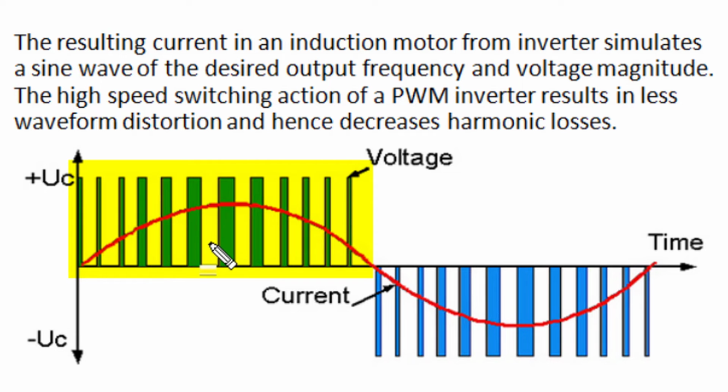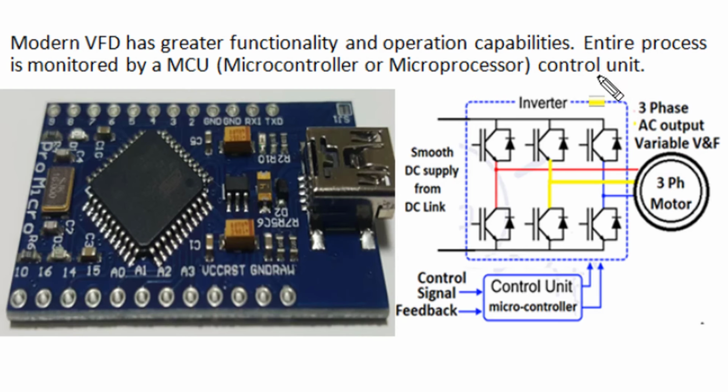The high speed switching action of a PWM inverter results in less waveform distortion and decreased harmonic components, and that improves motor performance and reduces harmonic losses in motor operation. Modern variable frequency drives have greater functional capabilities and operational facilities. They not only provide the desired variable voltage and variable frequency output for a three-phase induction motor, they can also be used for